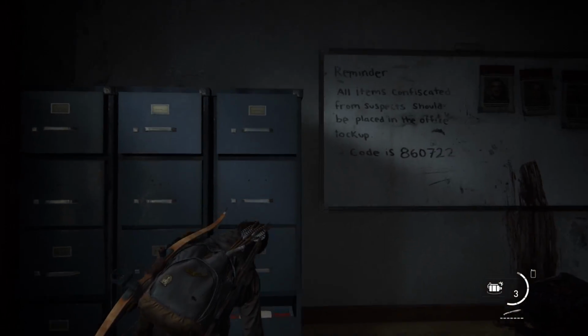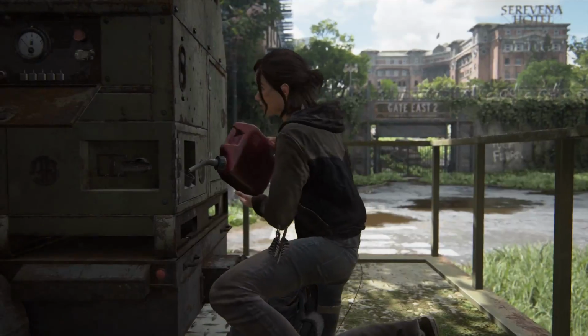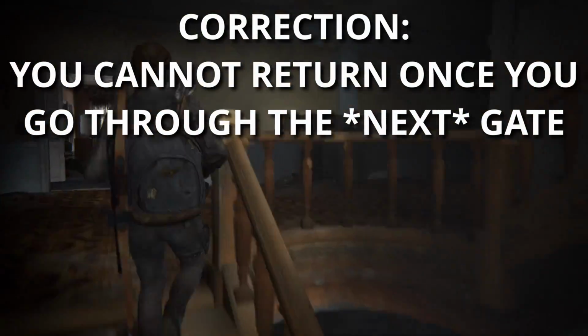Once you've gotten all these artifacts, go ahead and go down to the basement and do what you gotta do. And at that point, you need to go put the gas in the generator to continue to the next section. Once you go out that gate, you can't come back into the downtown area, so be sure that you're ready